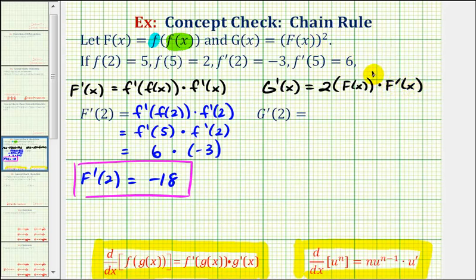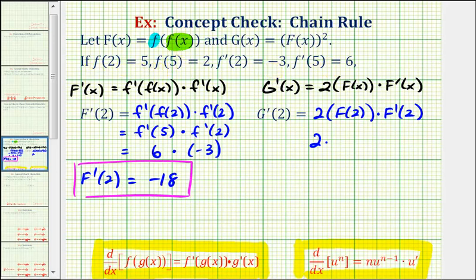I put the exponent of 1 here just to show that we did subtract 1 from the 2 to get the new exponent, but we don't want to confuse this with the derivative, so I'll go ahead and clear that off. So now to find big G prime of 2, we'll substitute 2 for x. We would have 2 times big F of 2 times big F prime of 2. So we have 2 times big F of 2, which we're not given, but we should be able to find